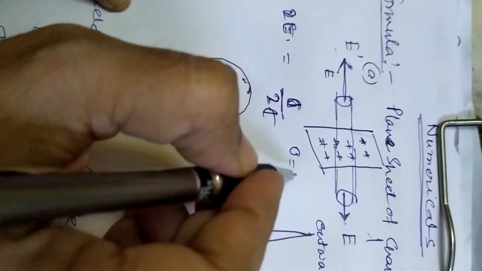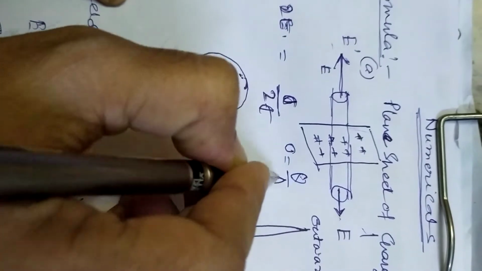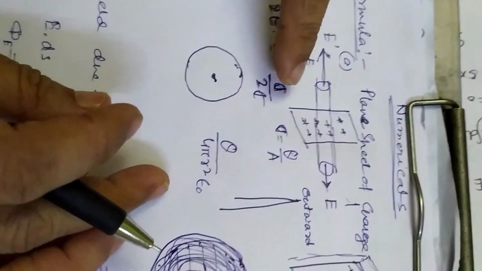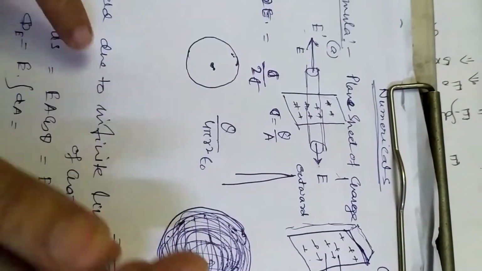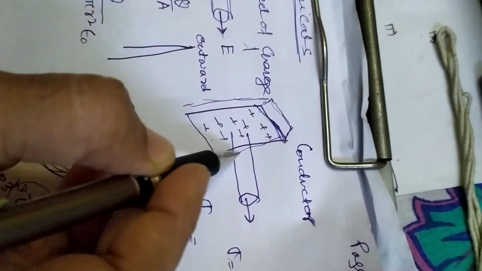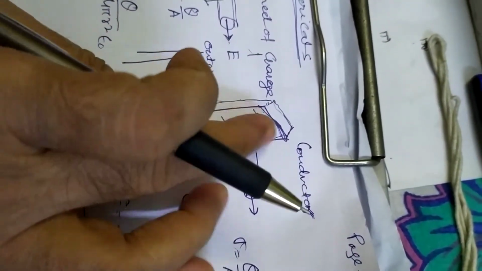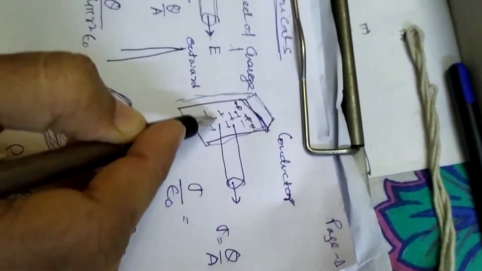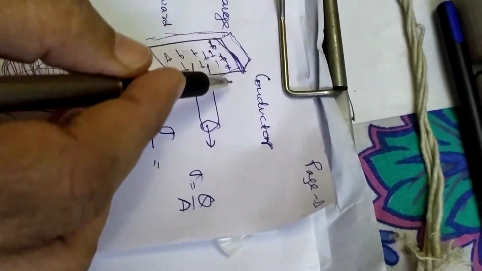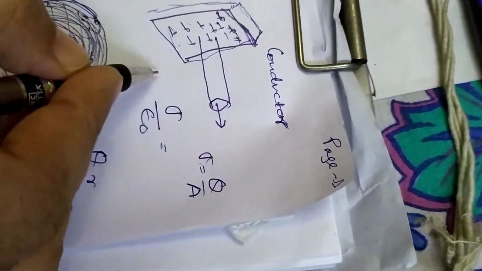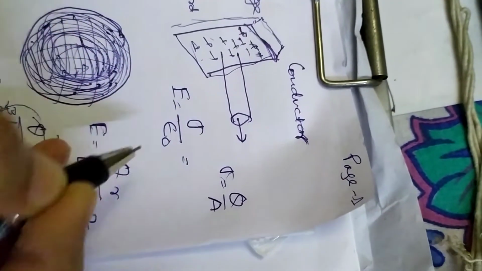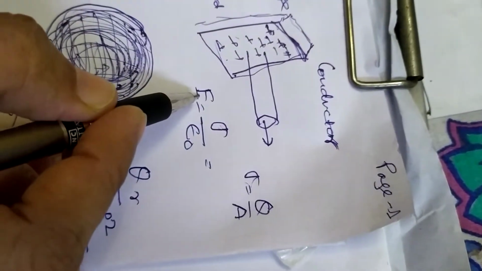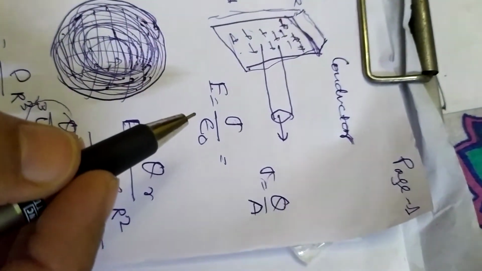Suppose this is the charge we have given, Q charge on an area A. So sigma gives the surface density of the charge, so it becomes Q by A. But in this case, suppose we are taking a conductor sheet like this. The electric charges will be on these sides. For this we can simply use Gauss's theorem and get the electric field E equal to sigma by epsilon. So it is half of this, correct? It is 1 by half of this.